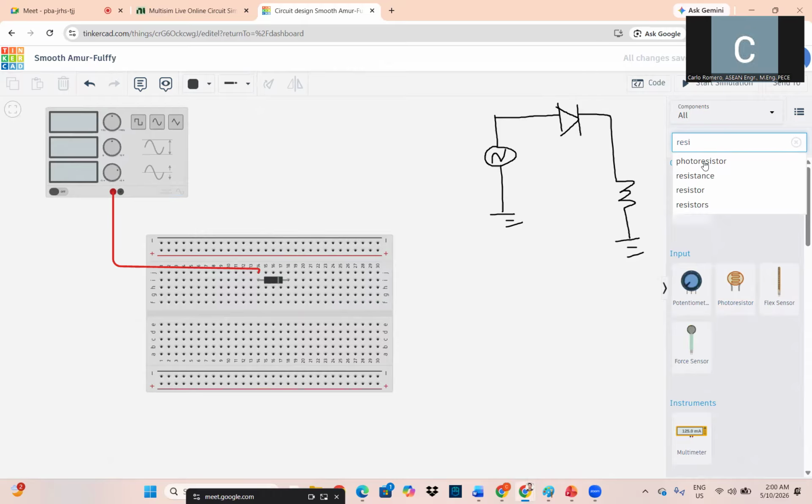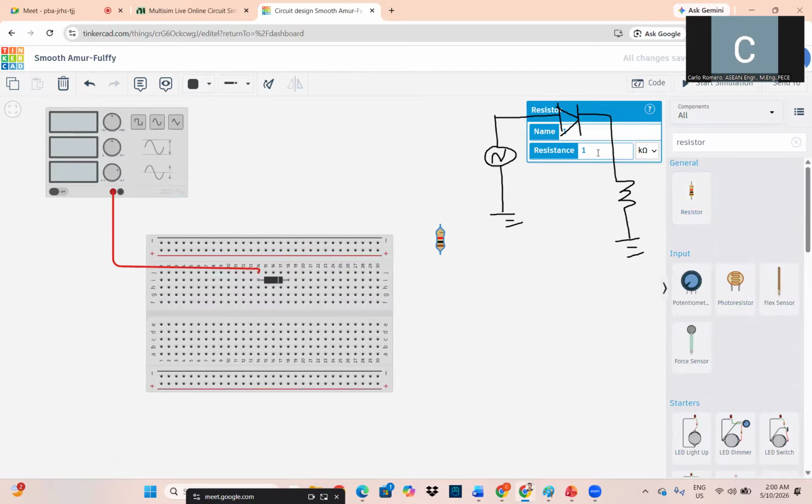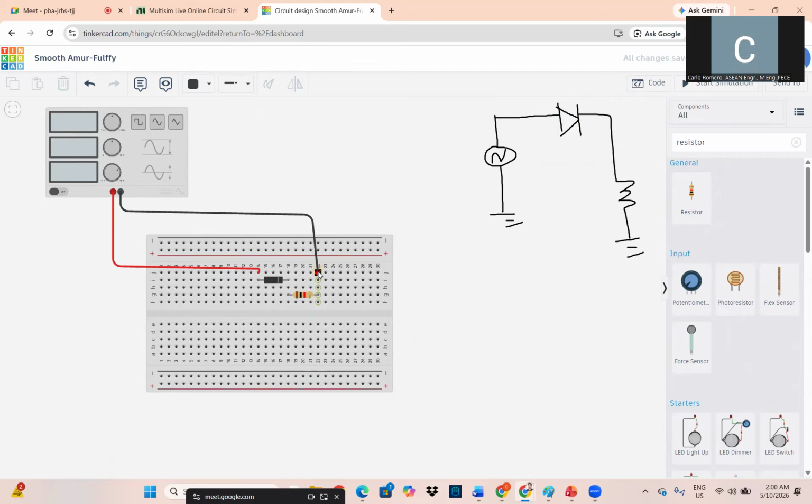So for the resistor, okay, we can put a value. So 1 kilo ohm here, but you can change. But let's use 1 kilo ohm. Okay, so then we can apply it. As you notice, disconnected, then the ground will be connected here. Since this is the positive, the anode, the cathode is connected to the resistor, and the resistor is connected to the ground. So this is a closed circuit.